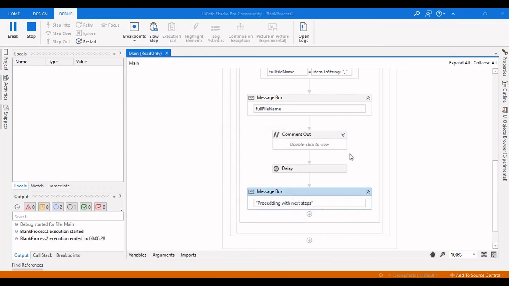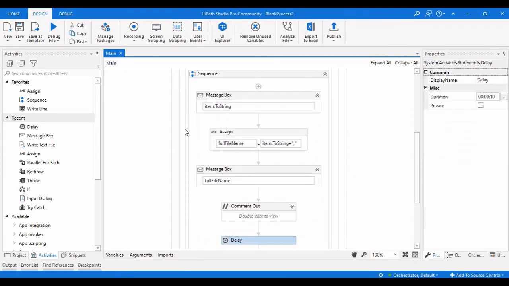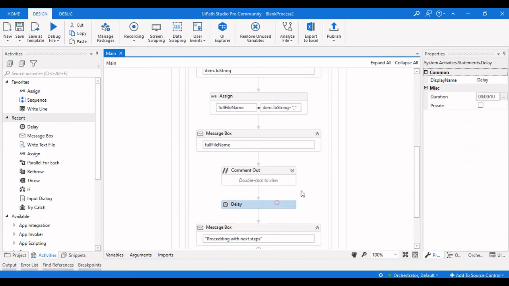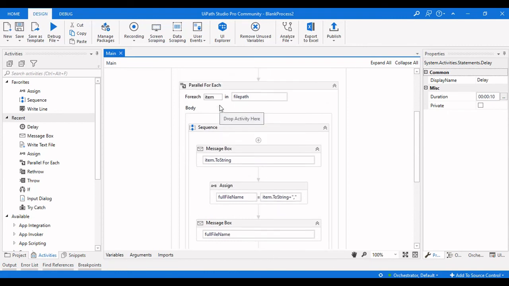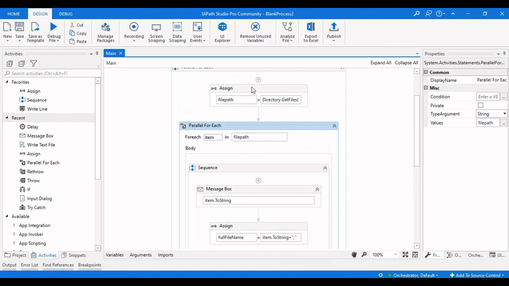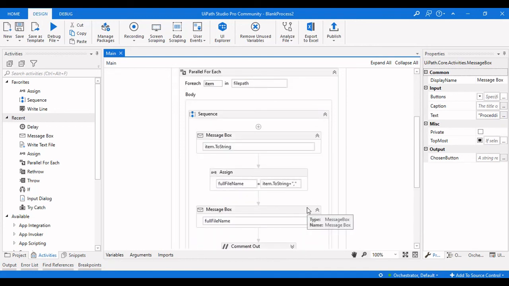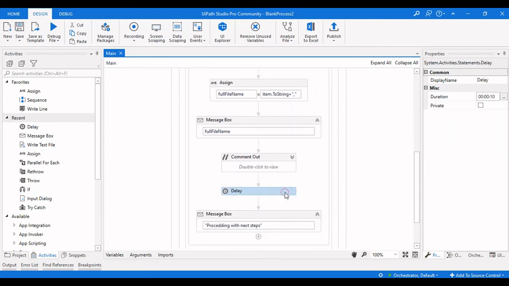Because there is a delay, the parallel for each activity makes a look back to the first step and then proceeds with the steps which are present from the first to the activity which is above this delay. It executes the n number of items present in this particular file path and assigns that value. After the delay, it will continue the same steps because there is a thread connection between the parallel for each. If there is time available, it will continue the thread, and if it is not available, then it will process it as a normal for each activity.